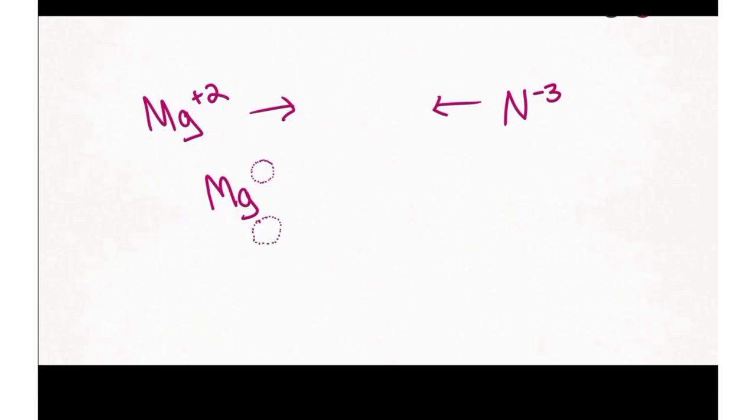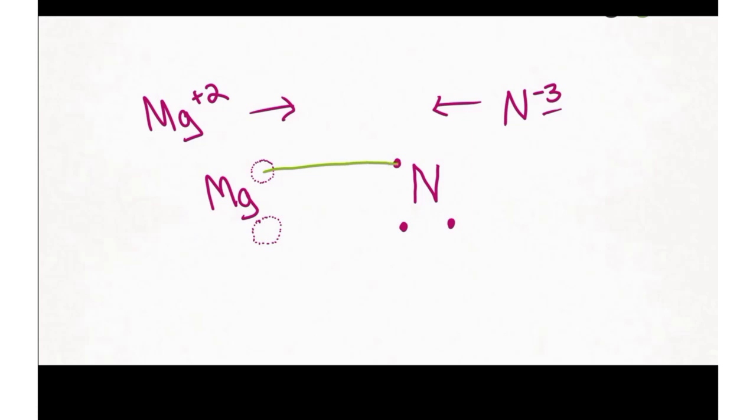They're missing 2 electrons, okay? And let's draw this out. Here's nitrogen, and nitrogen has 3 extra electrons. So here's 1 extra electron, and here's 2 extra electrons, and here's 3 extra electrons, and that's why it has a negative 3 charge. All right, now if we bring these together, as you can see, we could bond magnesium